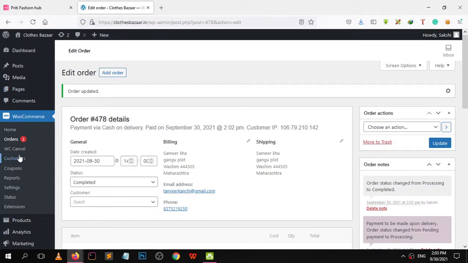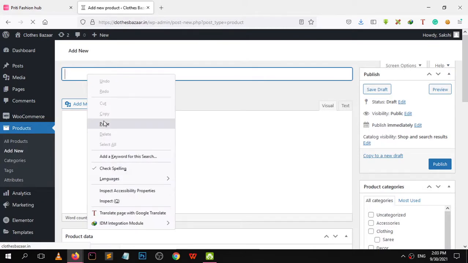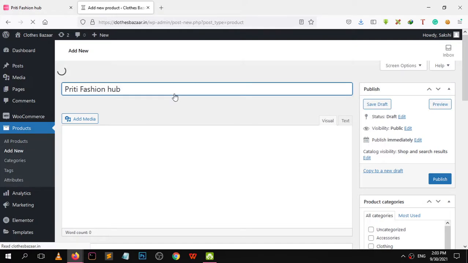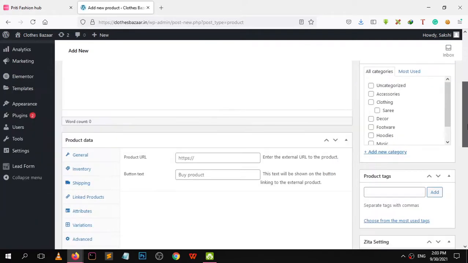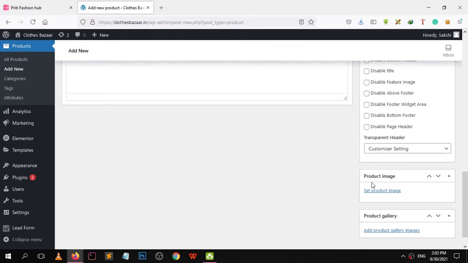Add new product, products, add new product. Paste the title, the product name. This is the product name. Add the product image here.